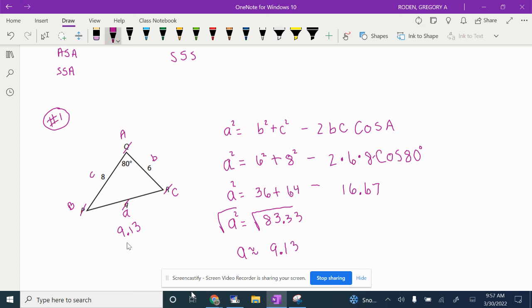When we do this on the test, we want to always round to the hundredths. We'll go to the hundredths place on the test. Sound good? All right. Now, we haven't solved this triangle yet, right, class? No. So,